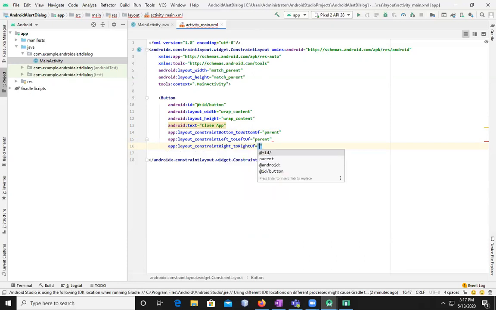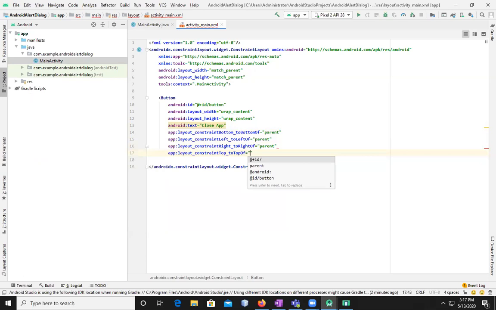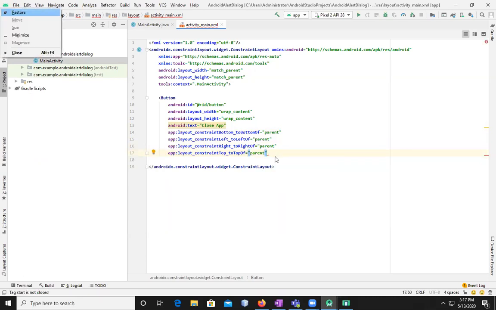So right to right off, always parent. And at last, top to top off. App layout. It's all about the layout of the application. It's not about the attributes or activities layout. So it's the total app layout that we have to go with. So constant top to top off, and it should be parent, whatever the rest of the things are. And then that's it. In this particular file, we do not have to go with more things. That's it. We added a button, and we'll go ahead with now